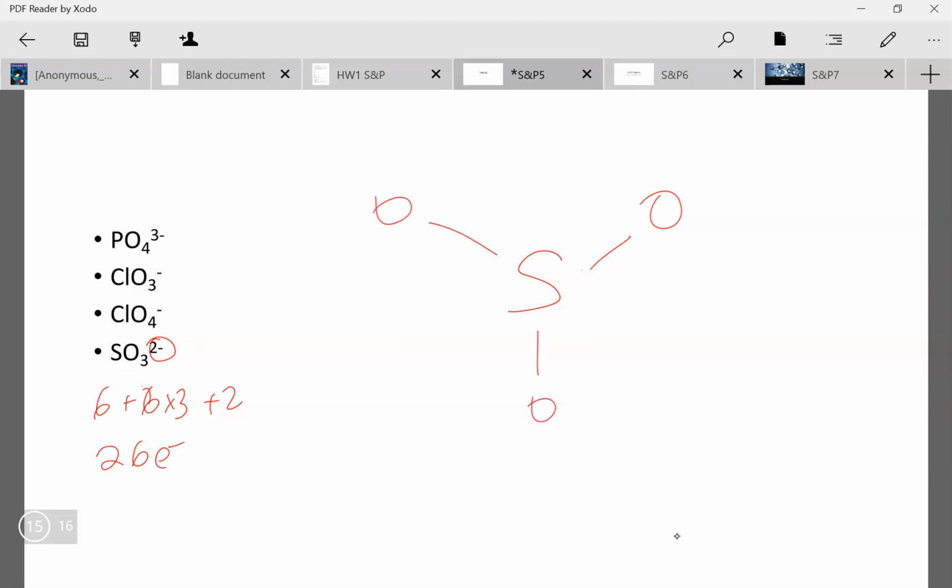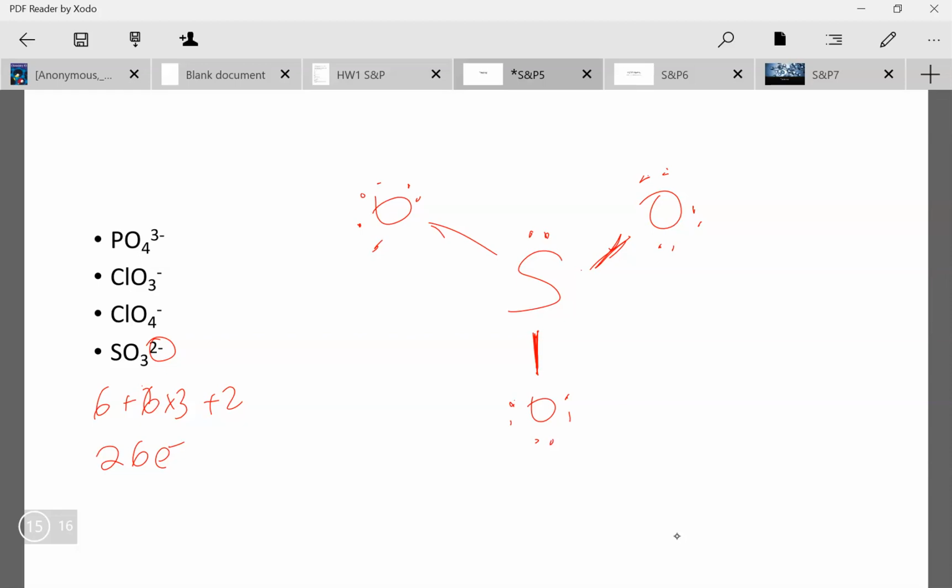You would add 2 electrons for each bond, right? So 2, 4, 6, 8, 10, 12, 14, 16, 18, 20, 22, 24, 26. It looks like everything has 8 electrons here. Everybody's happy. The sulfur has a lone pair, so it also has 8. You might think that this is a good structure for SO3 2-, and you wouldn't be too off, but unfortunately